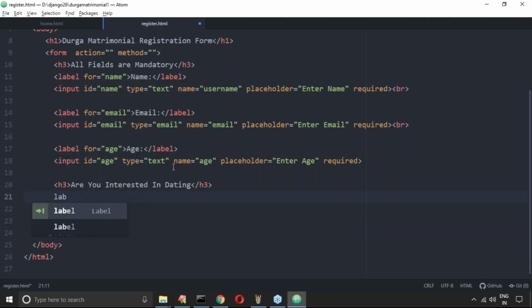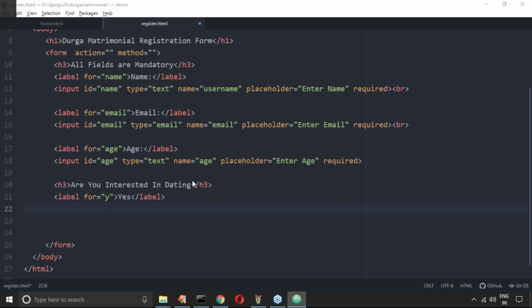First, let me create a label for yes. Why am I taking this, sir? Is a radio button required or not? Yes, have you observed, right? Radio button is required.